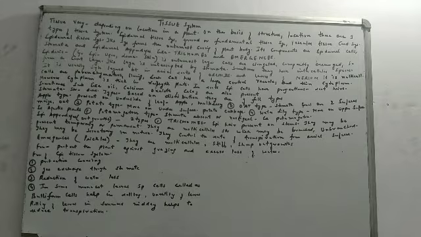But we have exceptions also. For example, the aerial roots of orchids and the leaves of Nerium. So what are the two exceptions where you will find the epidermal layer to be multi-layered? First is the aerial roots of orchids and the second is the leaves of the Nerium. In these two cases, the epidermal layer is not single layered, it is multi-layered.